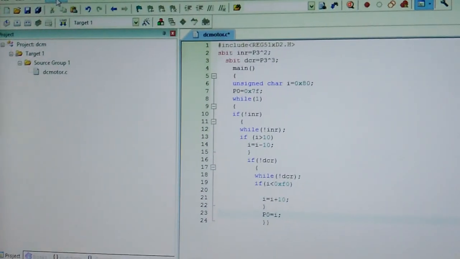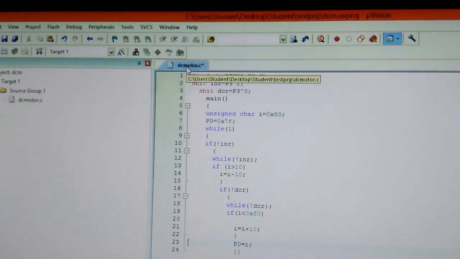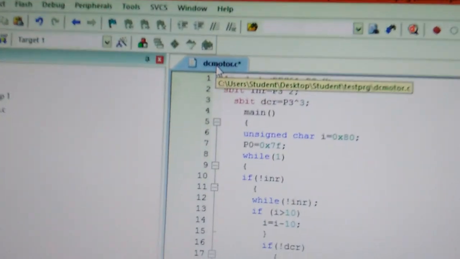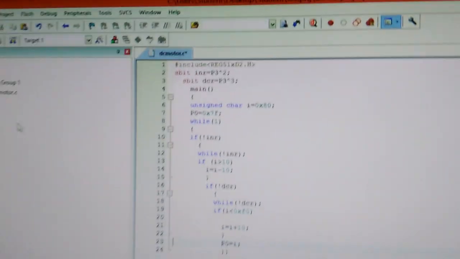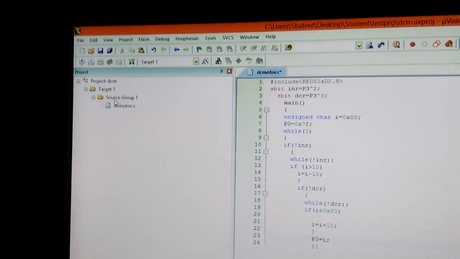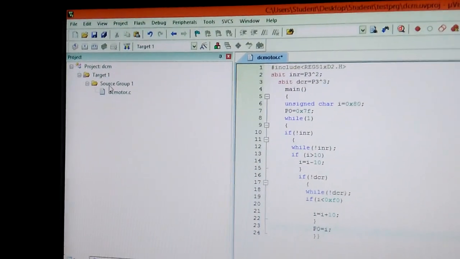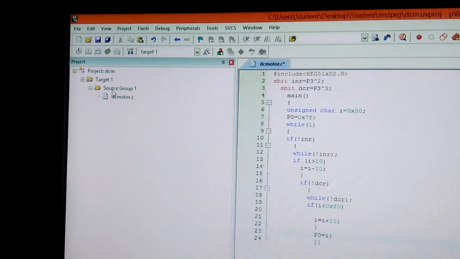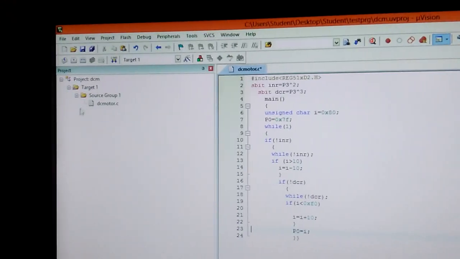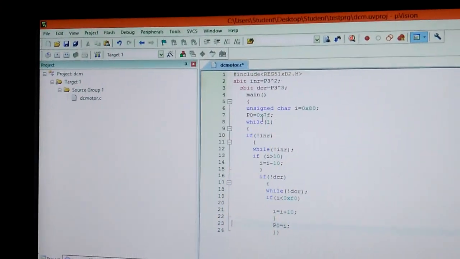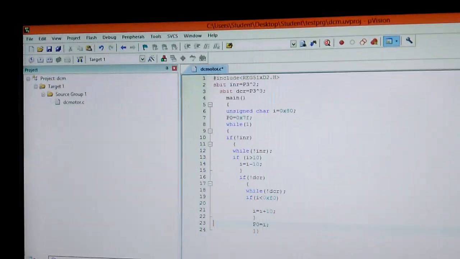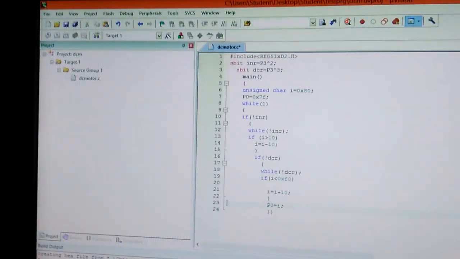Now we will go for the program. The project is created similar to the assembly language program of 8051. The file is saved with the extension .c. And the settings for the hardware are done using the same steps as we have done for the square wave. After this, the project is completely created and a hex file is created for the same.